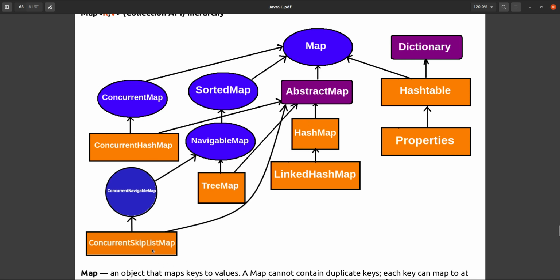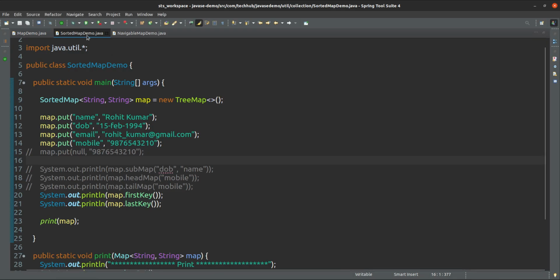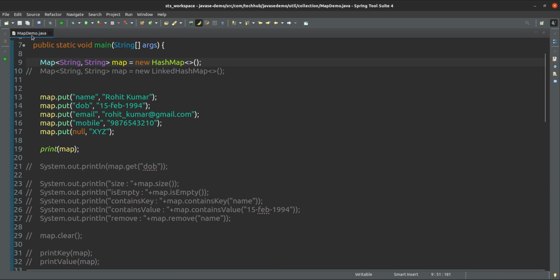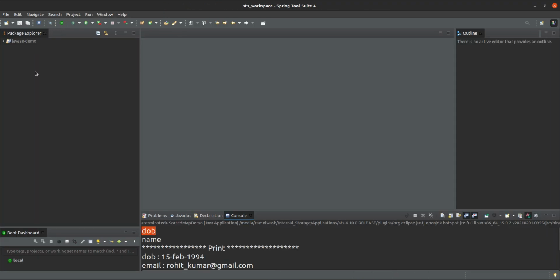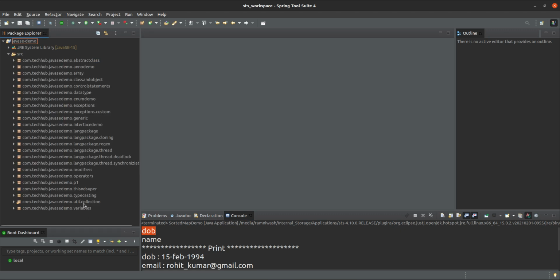Concurrent skip list map is sorted, but concurrent hash map is not sorted. Okay, and you can use hash table and properties also, but that is a legacy implementation. We will see this one.